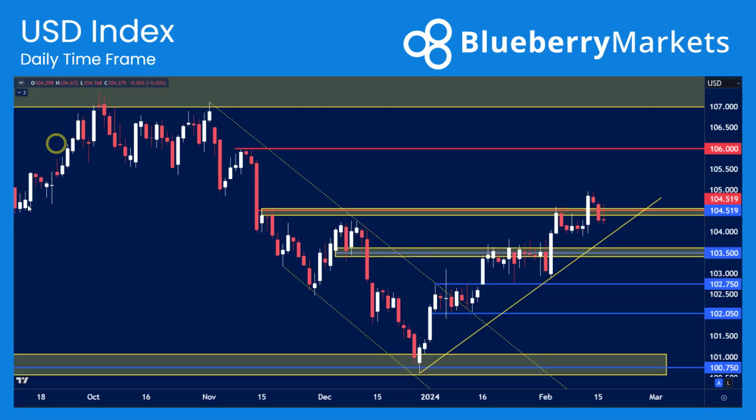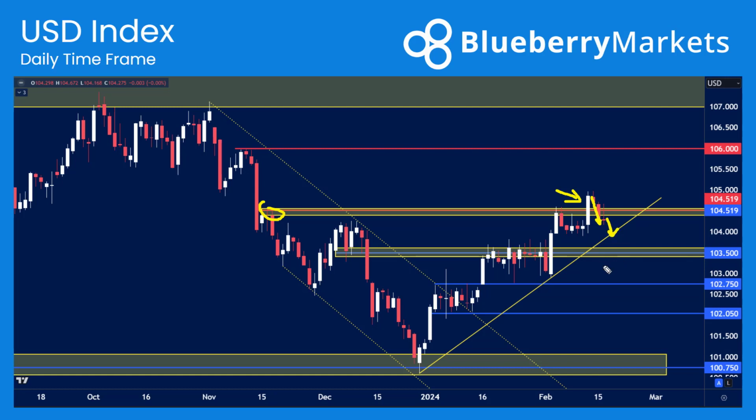Going on to the US dollar index then, so very interesting week actually. Last week we had very strong data out of the US in CPI that saw the US dollar index breach above that 104.50 handle, which was these previous highs formed in November. And I thought that we would see the US dollar press on from there, but it didn't. It actually closed back within this area of resistance of the 104.50. So dollar in a little bit of an interesting area now.